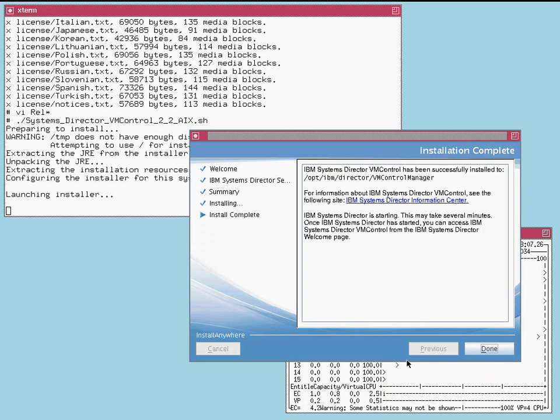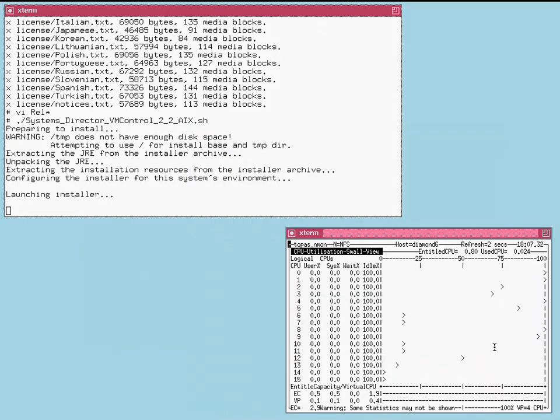Okay, there we go. I presume that Director's been restarted okay. Very nice, pretty graphical user interface that achieves practically nothing at all. I can't see any reason why we couldn't have done that on a console here. I also note it says /temp doesn't have enough disk space. It has at